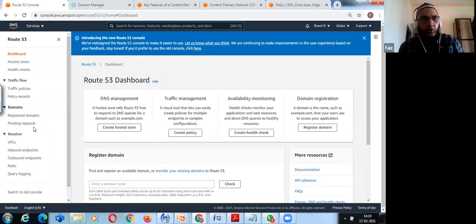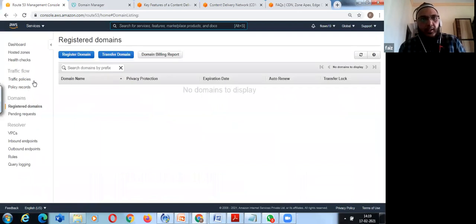I'm on this page, and here I have an option to register my domains. Under domains, I have an option to register a domain, or you can transfer a domain from Route 53 to any other domain hosting provider like GoDaddy or any other provider.